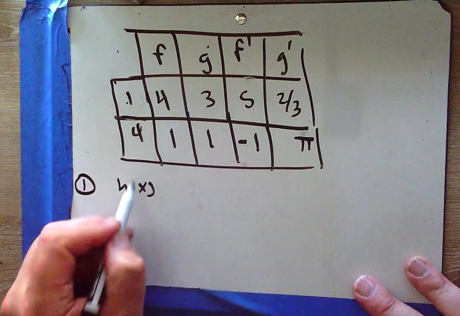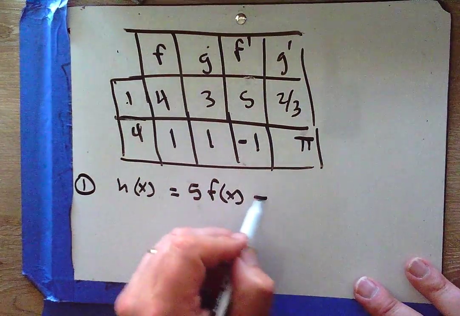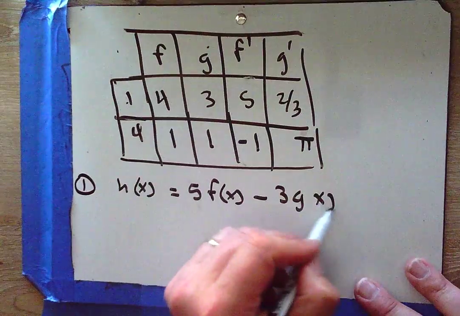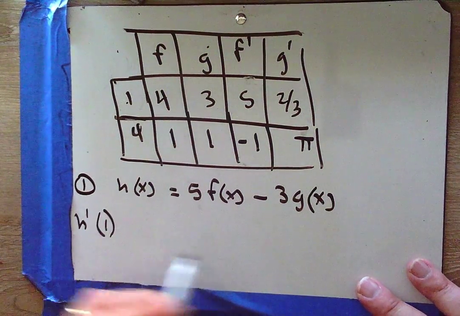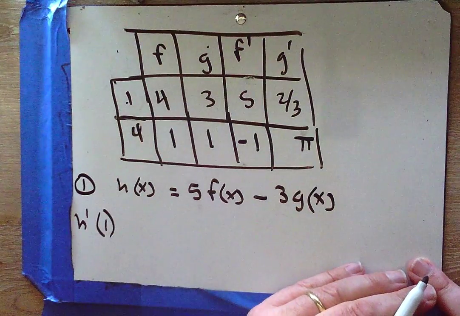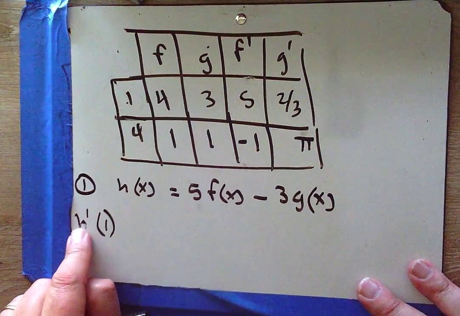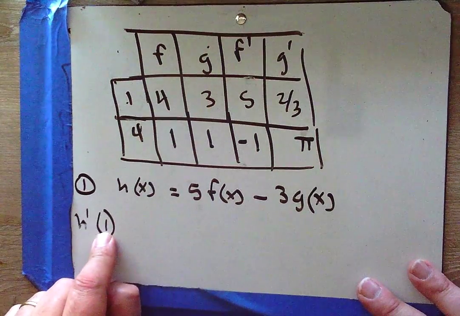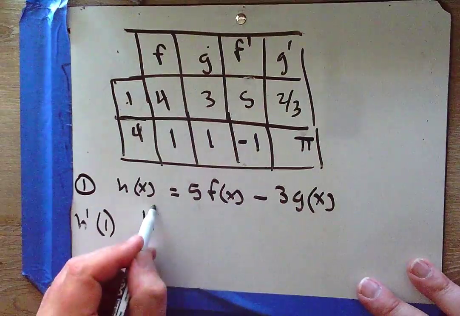Here's h of x is given to us as 5 f of x minus 3 g of x, and we've been told to find h prime of 1. Okay, h prime of 1. So in order to find h prime of 1, I need to find h prime and plug a 1 in. So here's h. How do I find h prime? Well,